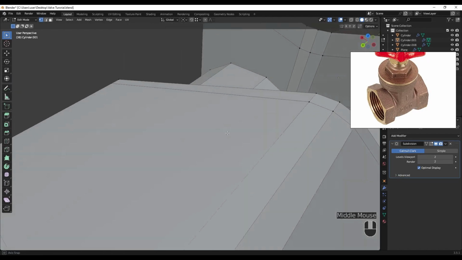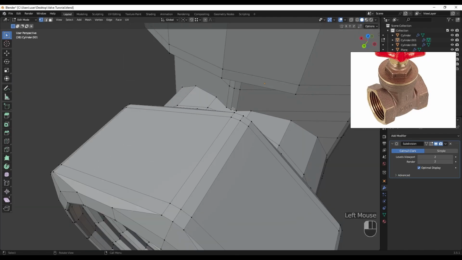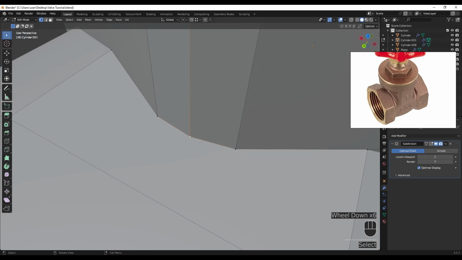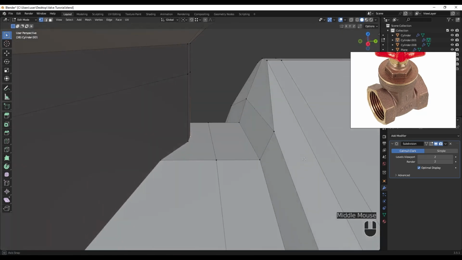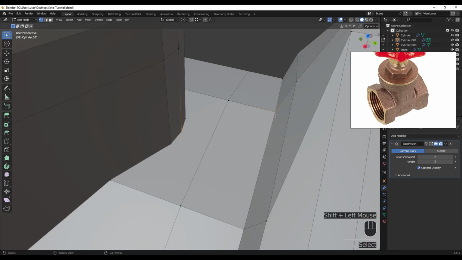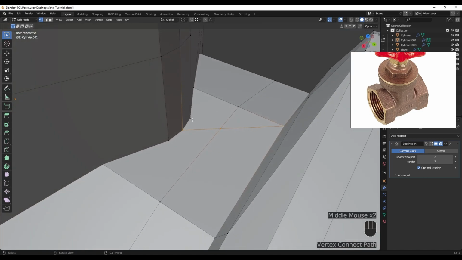Also here we can add, so here we can join these together like so, and this to this one,